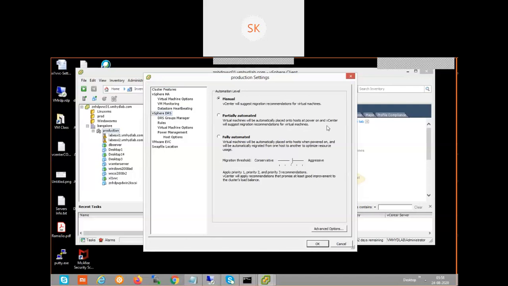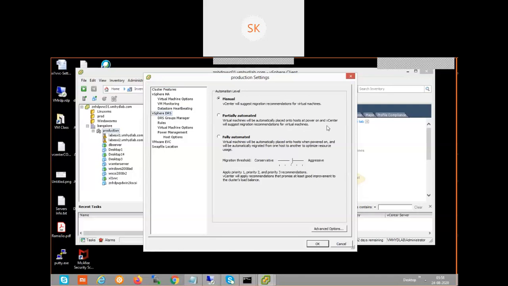It will check the VMs: which VM is the ideal candidate to migrate so that I can reduce the utilization on this particular ESXi host. Not only that, it is going to check the ideal destination. First, it selects the VM, and then it chooses the destination. Which ESXi host is the ideal candidate to migrate this VM?